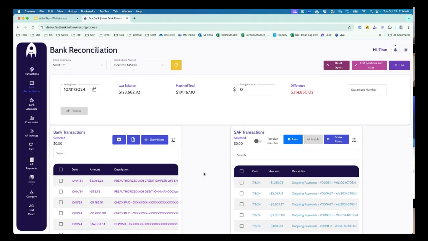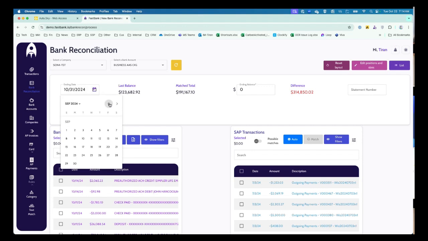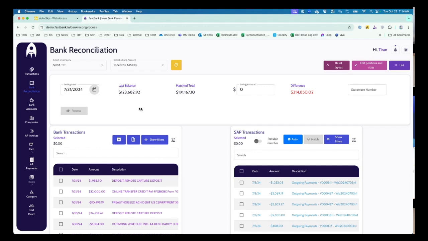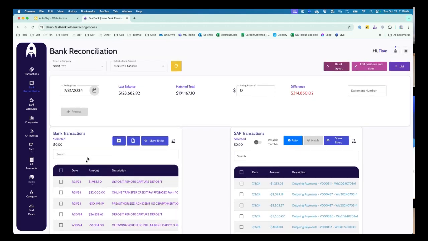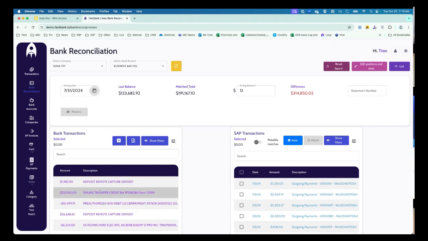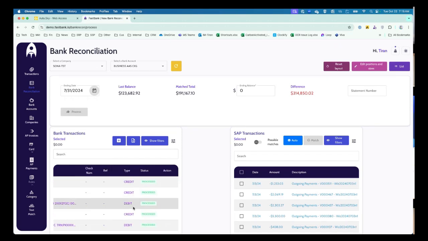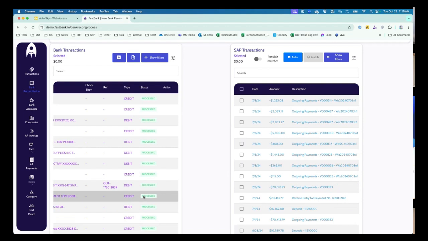So what does it do? We have a bank reconciliation module, which allows you, you have your normal stuff, right? The ending date, last statement date. Let's take a look at the last one, June, and the last balance. And then you could say, these are all that you could do the reconciliation. From here, I can select, these are all bank transactions. You could do the same transactions from here. I think these are all processed transactions.